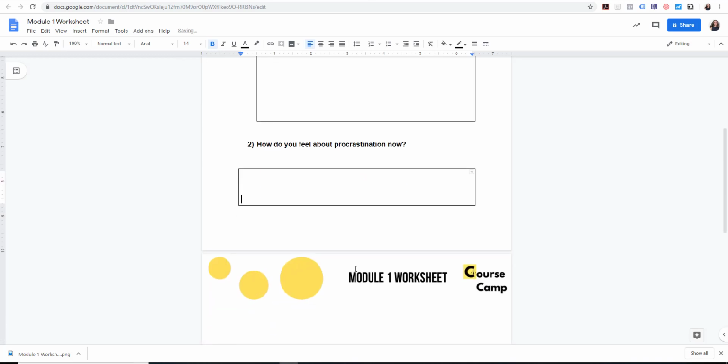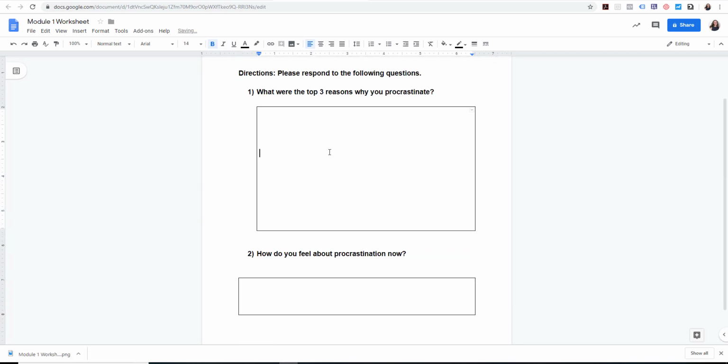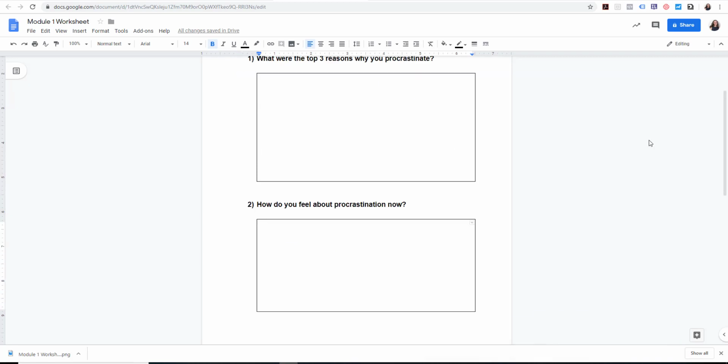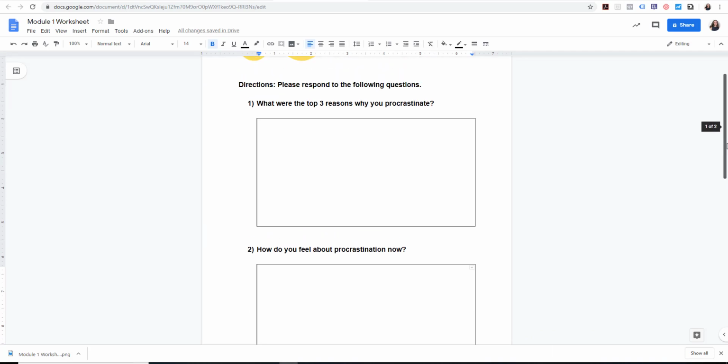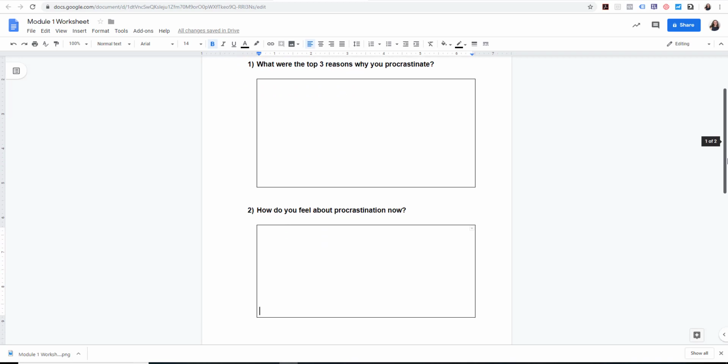Just scroll down. Keep it on 1 page. Actually, I'll make this one a little smaller. Make this one a little bigger, and I'm going to have this one line up with the other one. All right, so now I have 2 questions with 2 fillable boxes, and I can leave the boxes there to